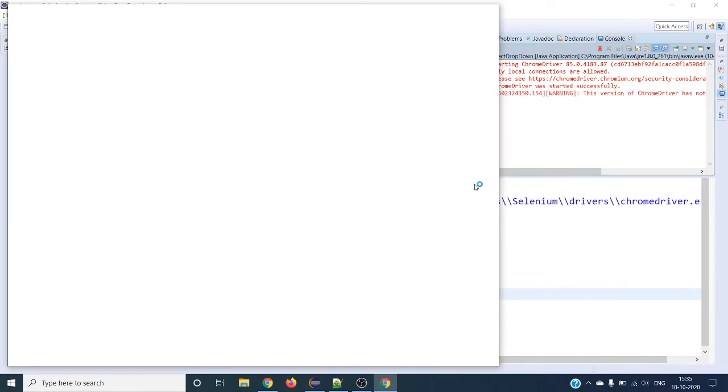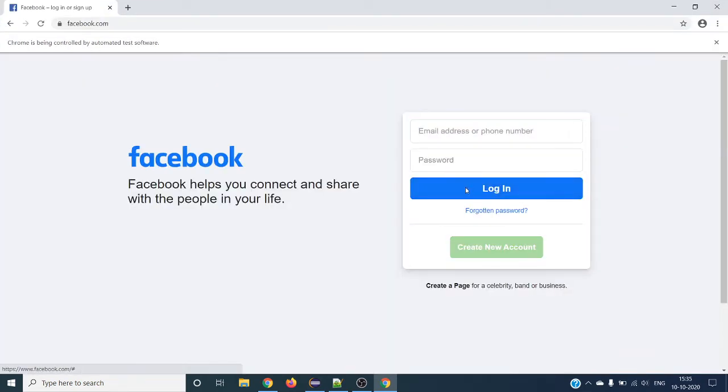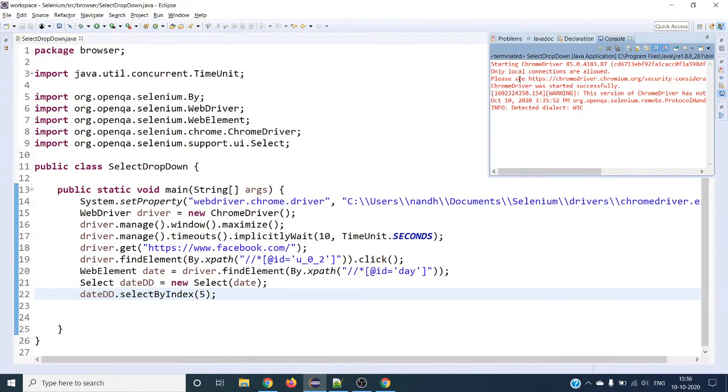So it will open the Chrome browser, launching facebook.com, maximized, and clicking on create new account. You can see month of 5 has been selected. So this is how the select method works. And let's try with visible text also,